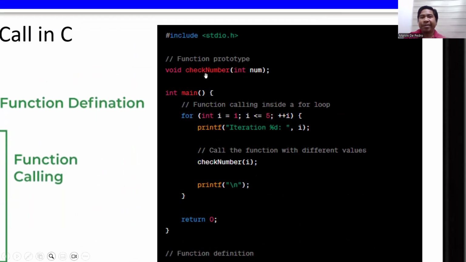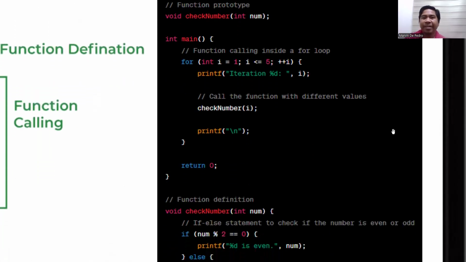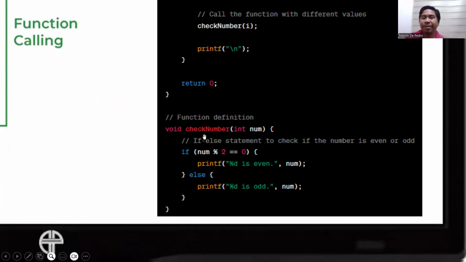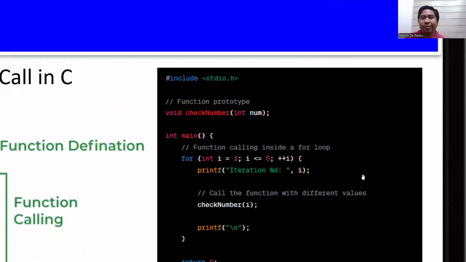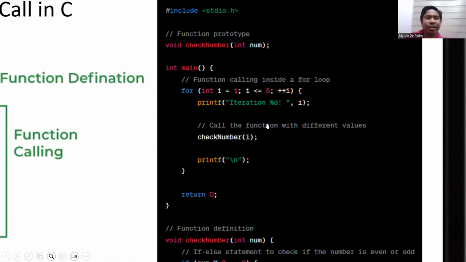We have the function check number, and here's the definition part of check number. At the start of this code, we call the check number, and then we state the arguments here, and so on.